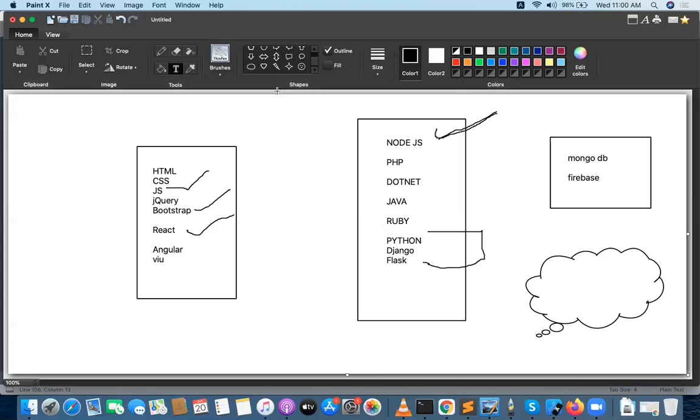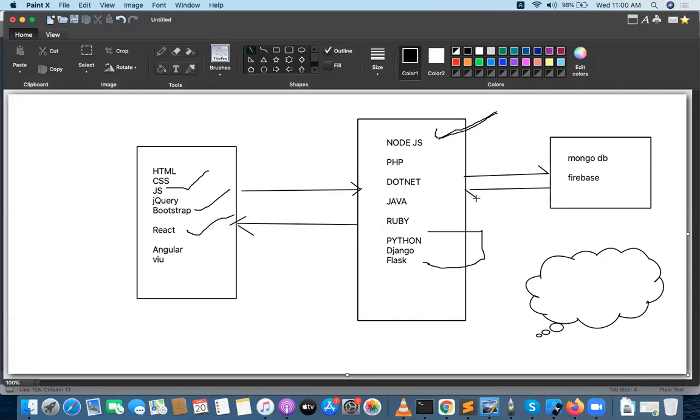How can we filter the data with NoSQL? We will filter the data with keys. And this is the front end. The front end is always communicating with the backend. We give some requests to the backend, and the backend gives responses to the front end, and we merge the data on top of the web pages. And the backend is always communicating with the database, and the database gives the data whatever you request. This is the process of how a complete web page runs.